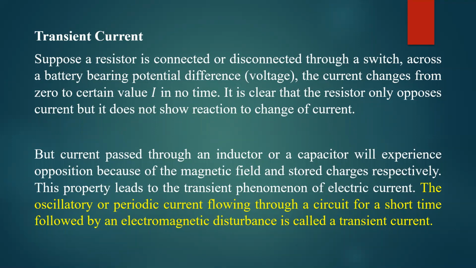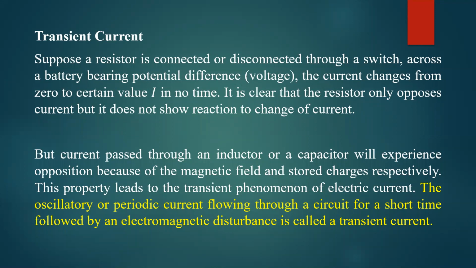Okay, so in a resistor steady current will flow. But in case of inductor and capacitor, what will happen if you connect an inductor and capacitor to a battery, then capacitor and inductor they will oppose the incoming current. Okay, a incoming current ಅನ್ನು ಏನು ಮಾಡ್ತದೆ ಅದು oppose ಮಾಡ್ತದೆ because of the stored energy in them. Capacitor stores electrical energy, inductor stores magnetic energy, and this energy will oppose the incoming current, and this phenomena is called as transient phenomena of electric current.